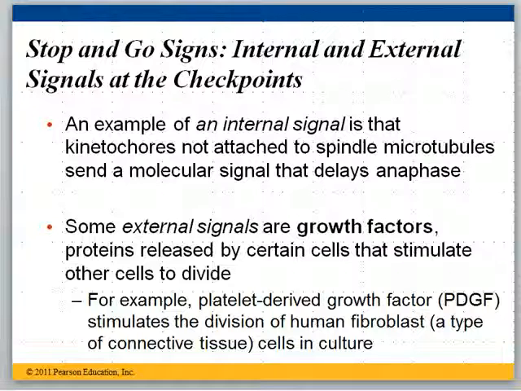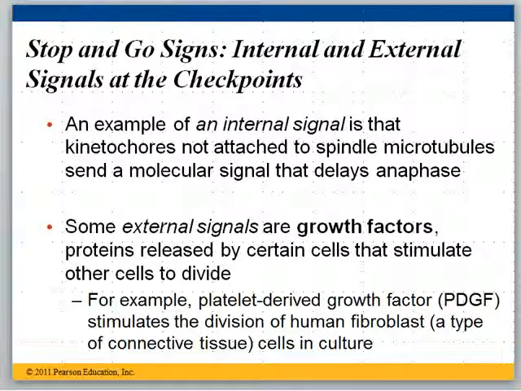We have some signals that come from inside the cell itself. Those would be internal signals. And then we have some signals that come from outside of the cell, perhaps from the surrounding cells or from the surrounding tissue, or even from another part of the body through some particular hormone that has traveled through the circulatory system. So let's look at the internal signals first. There's a couple of different varieties of these, but we'll just look at one as an example.